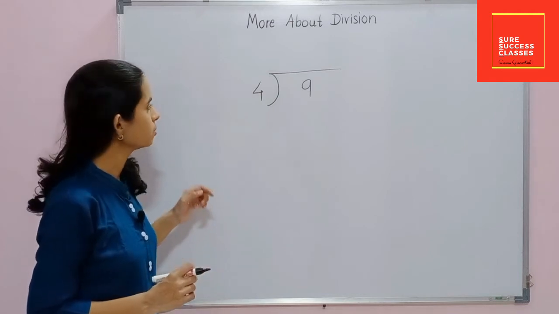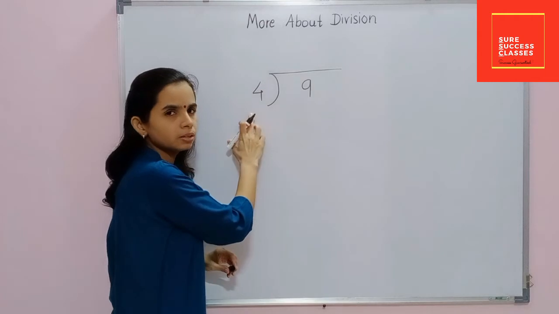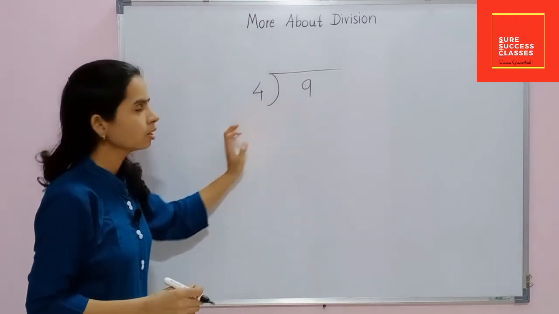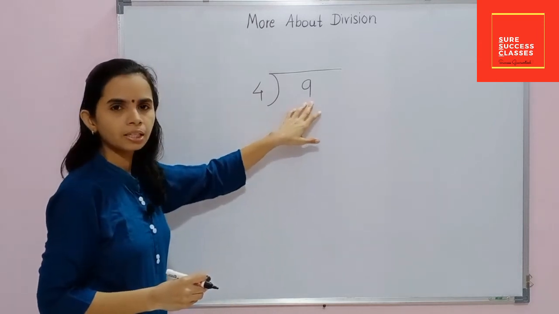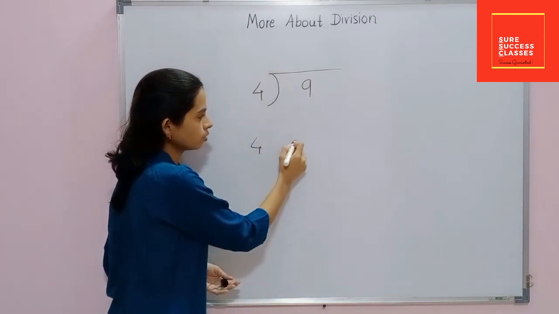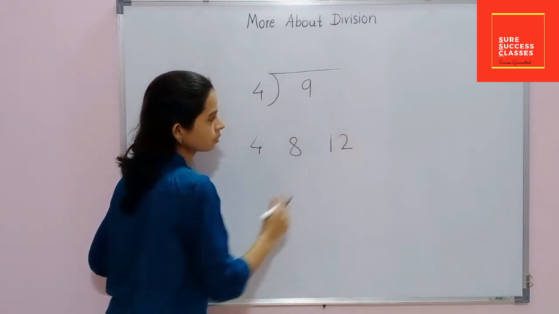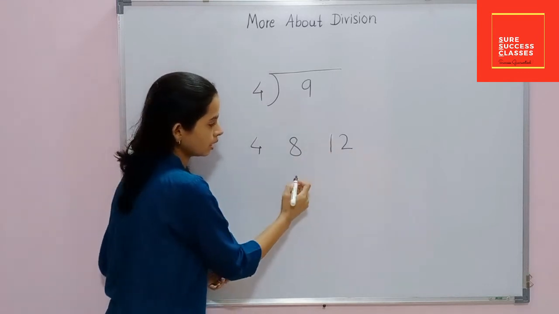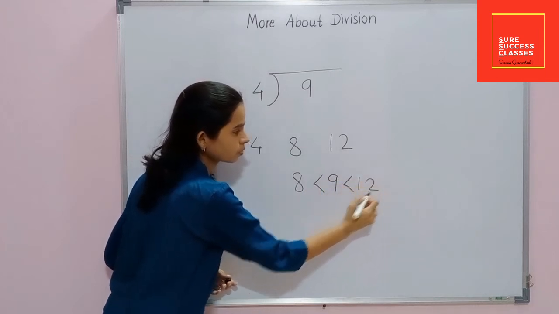Let's clear the concept of remainder through this example. Here 9 divided by 4. 9 is the dividend and the divisor is 4. But when we read the table of 4, we can't get 9 in that table. So we know 4 ones are 4, 4 twos are 8, and 4 threes are 12. 8 is less than 9 and 12 is greater than 9. So